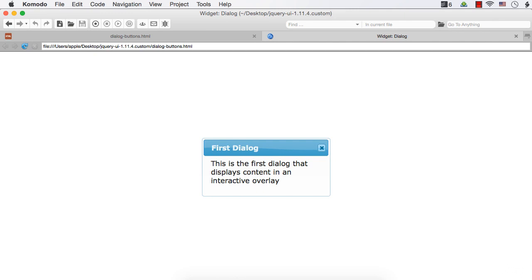If you are setting the value of buttons to be an object, the key should be the button label and the value should be the callback function that should be executed on the button click. If you set the value of buttons as an array, each item in the array should be an object with properties and events specifying the button. So let's see how to add buttons using the buttons option and how we can set the value as an array